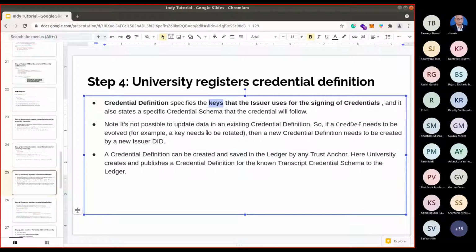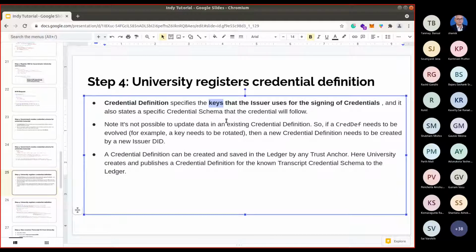So to make it easier to validate credentials, the issuer saves this artifact called credential definition, which specifies the keys that the issuer will use for signing that particular credential type. Here we have the transcript, which will be issued by the university. So the university will register a credential definition for the transcript type.